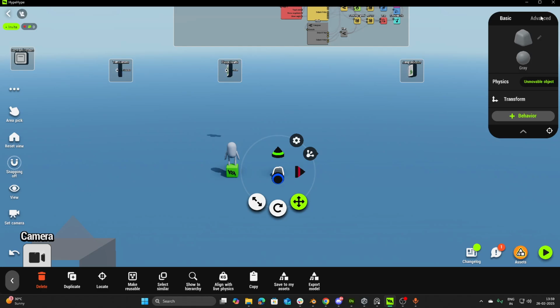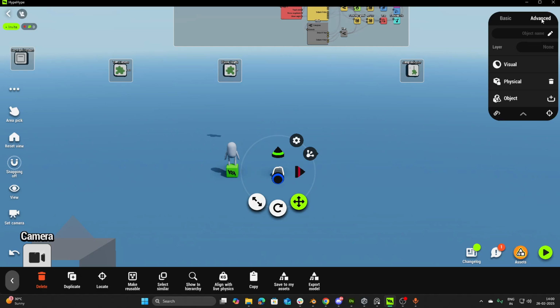First, let's see what is the object group of this stone. We click on the stone, we go to advanced, we go to object. The stone is in gray color. We can change it to, let's say, yellow group, and